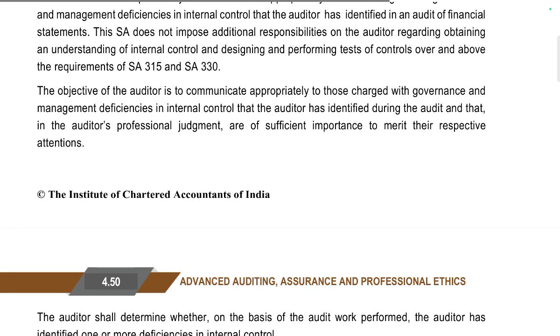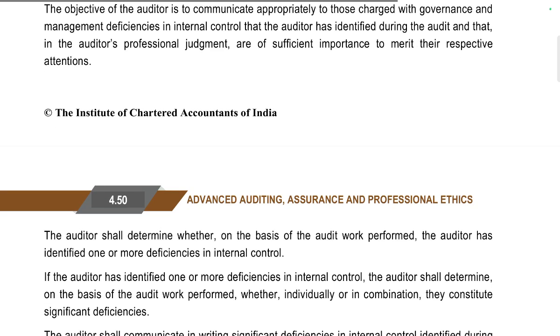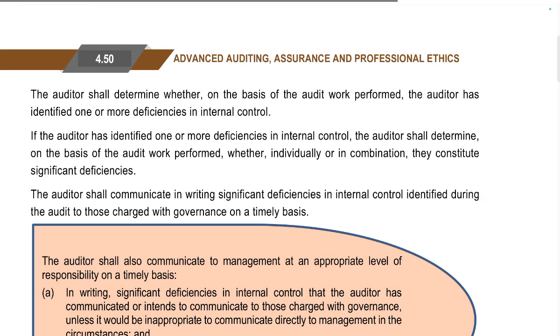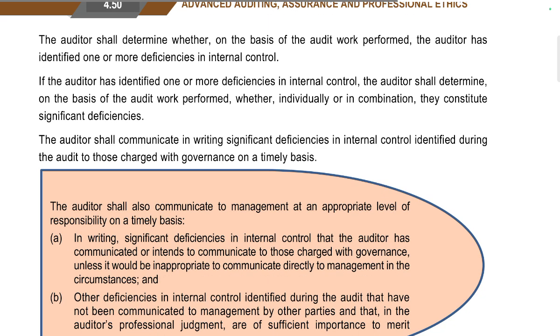The objective of the auditor is to communicate appropriately to those charged with governance and management deficiencies in internal control that the auditor has identified during the audit and that, in the auditor's professional judgment, are of sufficient importance to merit their attention. The auditor shall determine whether, on the basis of the audit work performed, the auditor has identified one or more deficiencies in internal control. If so, the auditor shall determine, on the basis of the audit work performed, whether individually or in combination,